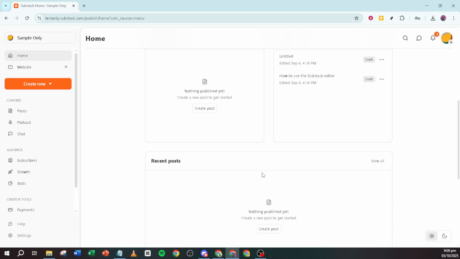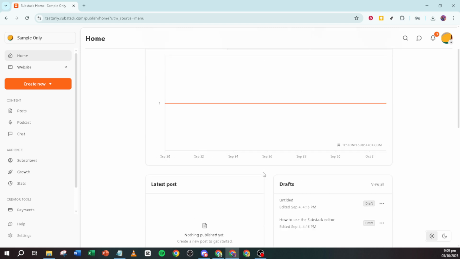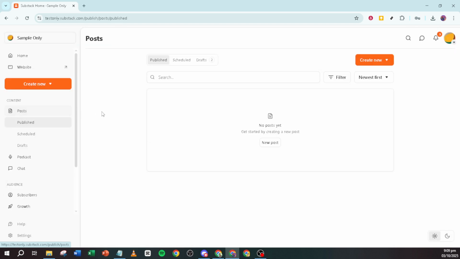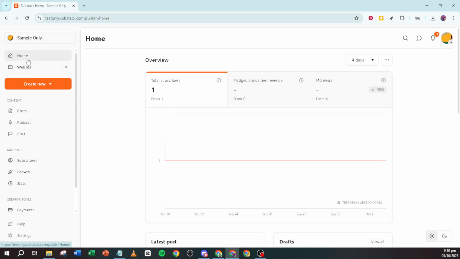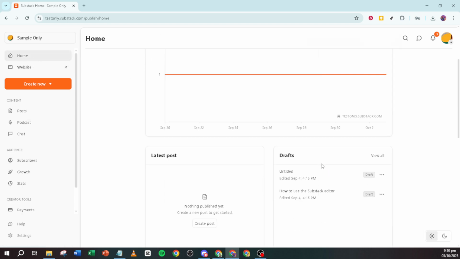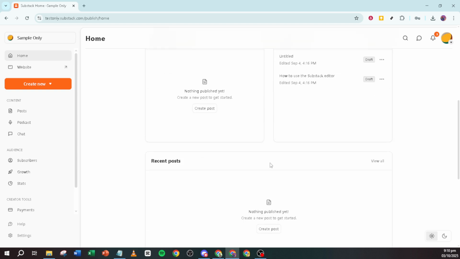To wrap it all up, using Substack Notes is a fantastic way to broadcast quick updates and insights, complementing your longer posts. Embrace this feature and experiment with it to see how it best fits into your content strategy. With these steps, you're now equipped to make the most of Substack Notes.